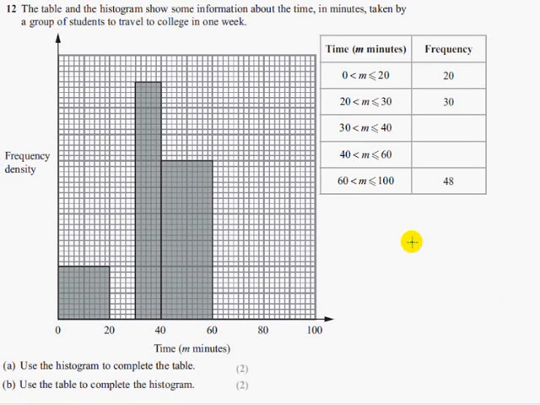Now there's actually two ways of doing this. For this question, on the histogram you have the bar, and on the table you have the frequency from 0 to 20. So the 20 frequency, how many times it happened, is represented by this area here. Now if that's representing a frequency of 20 happening 20 times, one of these boxes that I'm going to shade in now, one of those big boxes that I hope you can see,